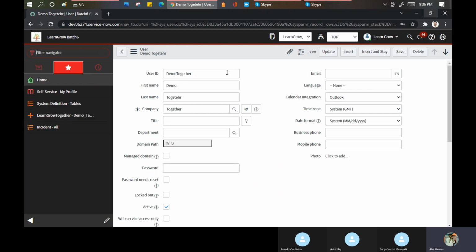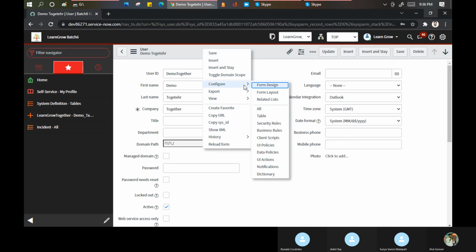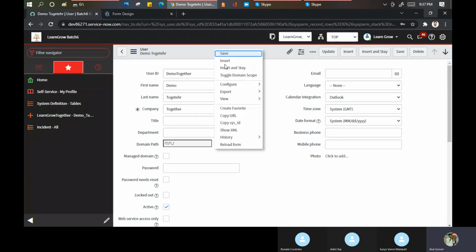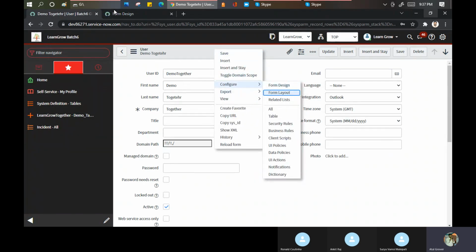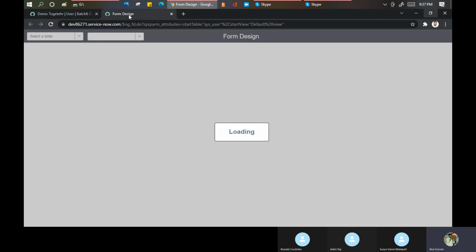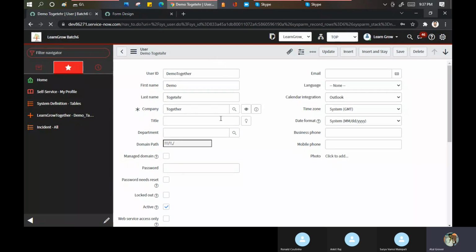Or maybe one thing you want to see is in which domain this user has been created. Configure form design. Let me open the form layout quickly. Generally, the user form takes a lot of time to load.